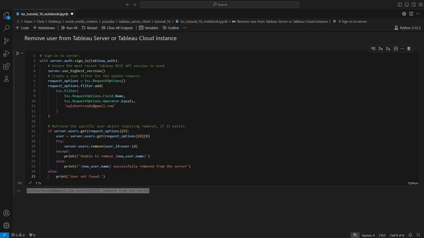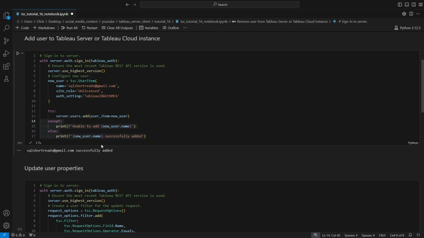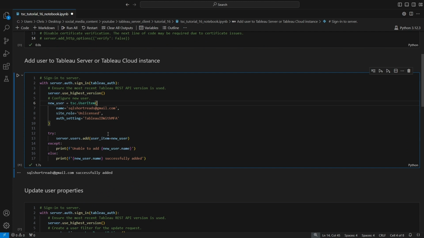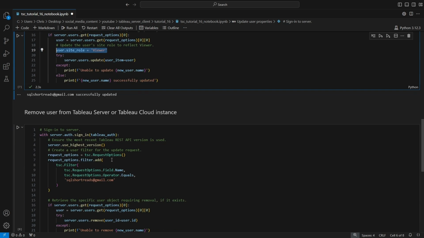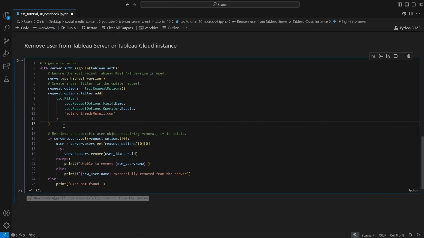Let's jump back over to Visual Studio Code and just reiterate what we've done here. In the beginning, we used the REST API's add method from the user's endpoint to add a user after configuring the user. We then updated that same user by using the update method of the user endpoint, and we updated that user's site role from unlicensed to viewer. And finally, we used the same mechanisms of a filtering request to fetch that user, to get the user ID attribute, so that we can pass that in to the remove method